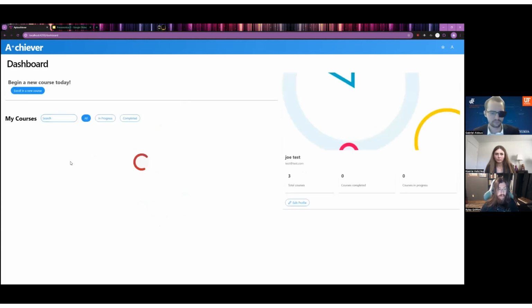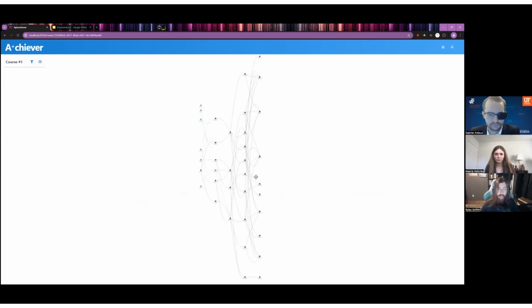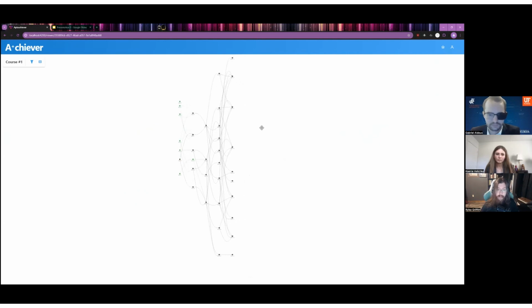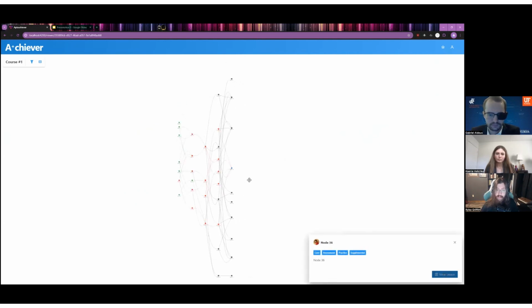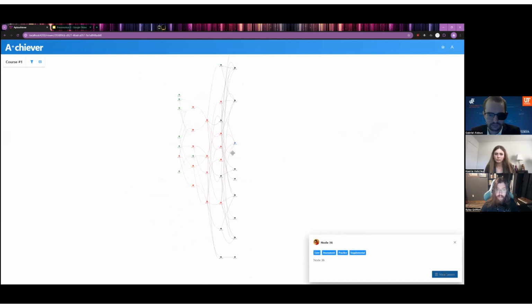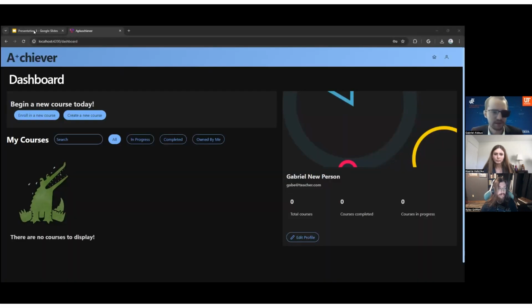However, as an example of one of the more extreme courses that the mock data will generate, here's one example. So this one has a lot more nodes and a lot more connections. And if I click on node 36 here, we'll see a great example of a bunch of prerequisites that the mock data generated. So this, of course, is not a realistic course model, but it helps us to model the boundaries on our course viewer. So now we will return back to the Google Slides